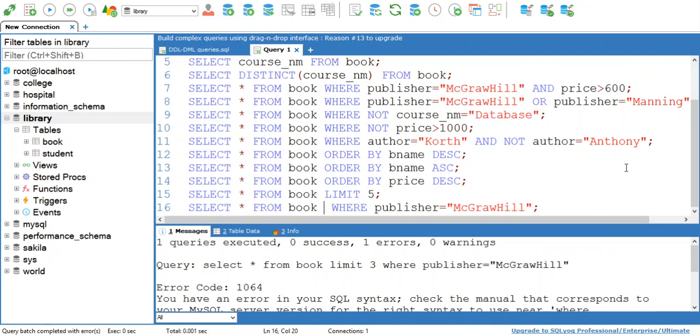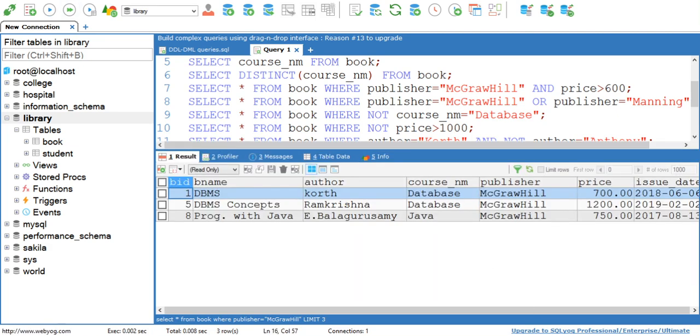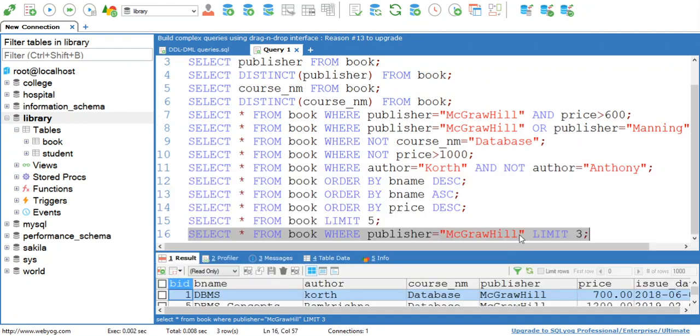Select star from book where publisher equals to Tata McGraw-Hill, limit 3. See, here you can see data for 3 books published by Tata McGraw-Hill. Okay, so this is how we can use limit keyword to limit number of rows at the output.